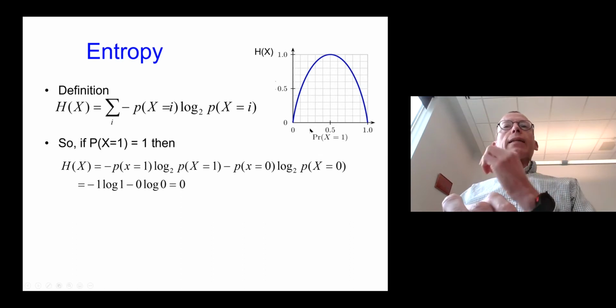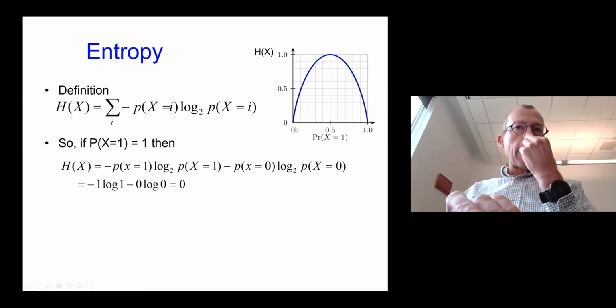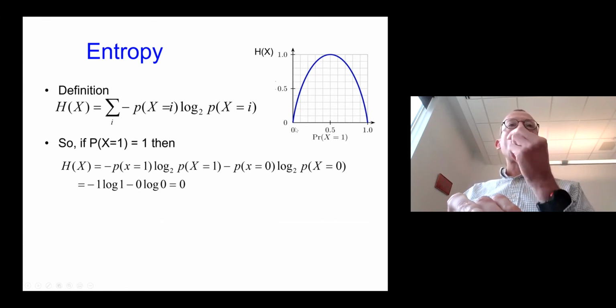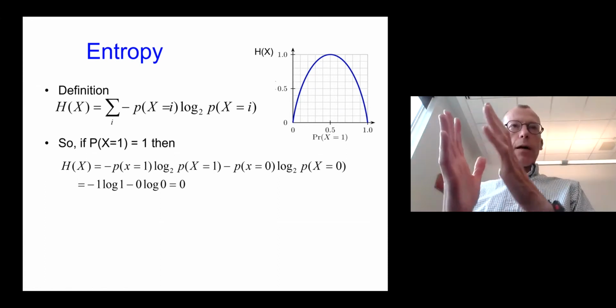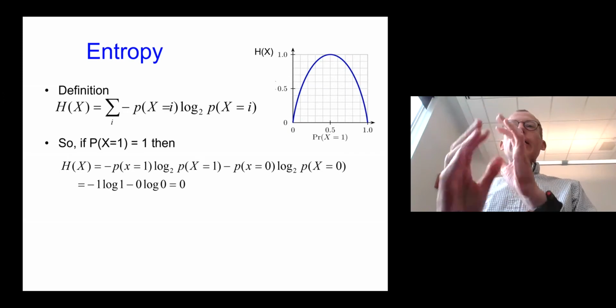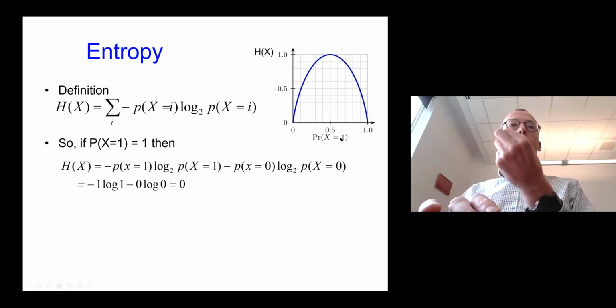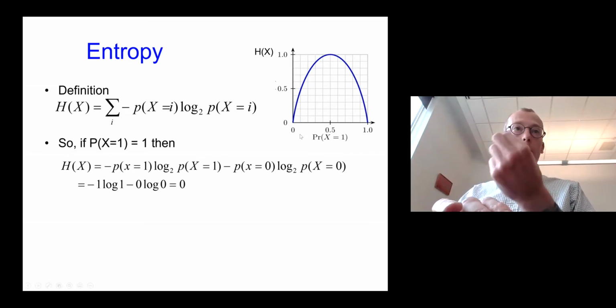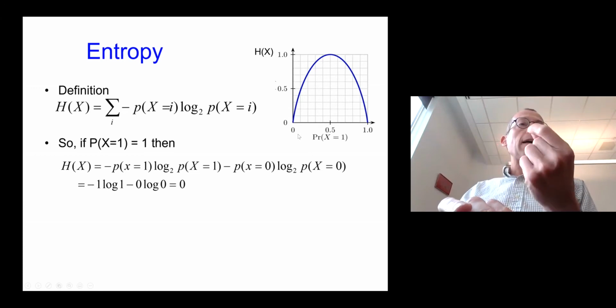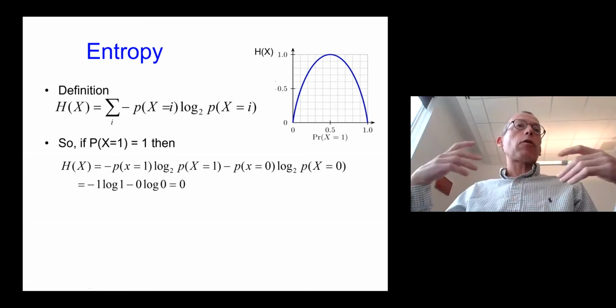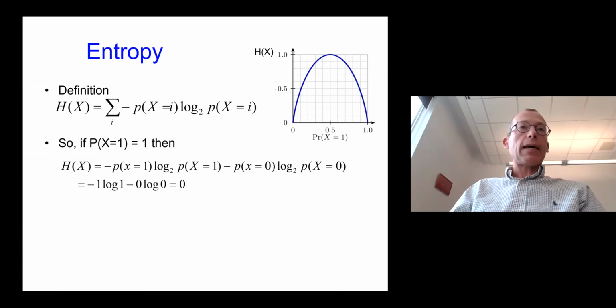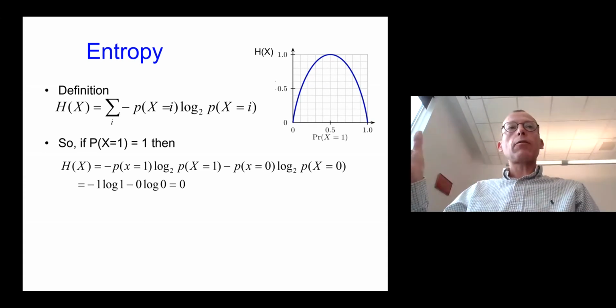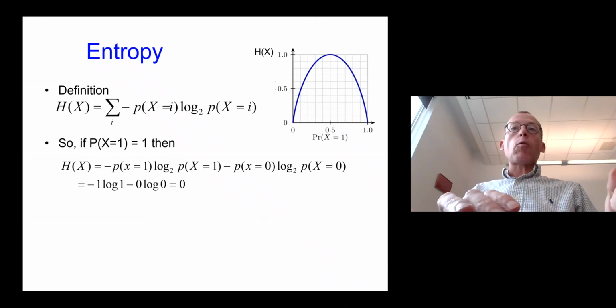So if the probability that x equals 1 is 0, it means that x will always be 0. This is a binary random variable. If x is always 0, then I don't need to send you any information for you to know what x is. Again, let's say 0 is tails and 1 is heads. Similarly, if the probability of x is 1, then I don't need to send you any information,